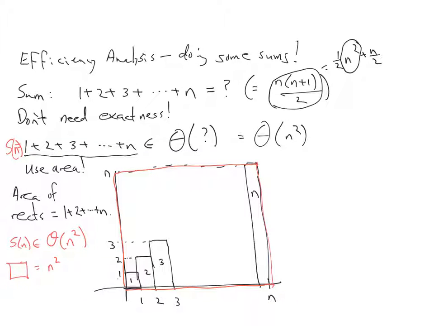So what we're saying here really is that 1 plus 2 plus 3 plus ... plus n is less than or equal to n plus n plus n plus n, which is, of course, n times n, or n squared. So that direction is really easy. But on the next page,